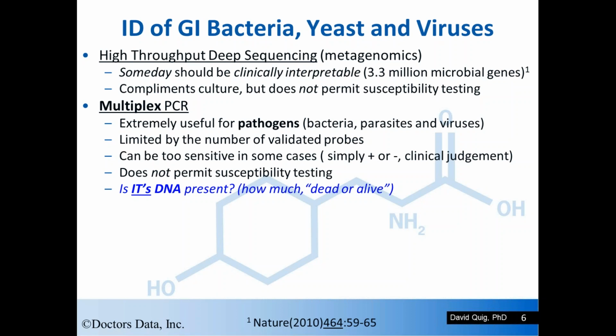So a huge issue with PCR, even in the FDA approved methods now, is that there really needs to be very significant education of the clinicians on how to interpret these tests and match up the symptoms with the results, because one can have residual DNA detection weeks after a parasite, or even C. diff has been eliminated, and we don't want to be treating patients unnecessarily just based on a very sensitive PCR result. The other limitation with PCR is that, like metagenomics, it does not permit susceptibility testing.